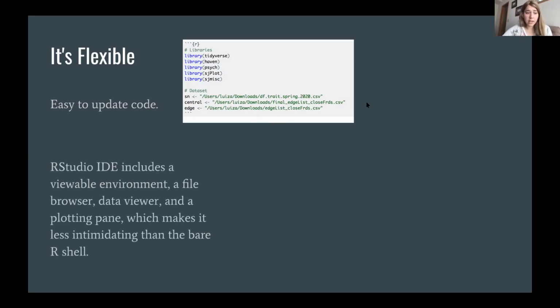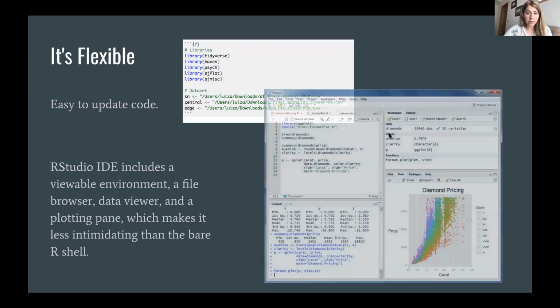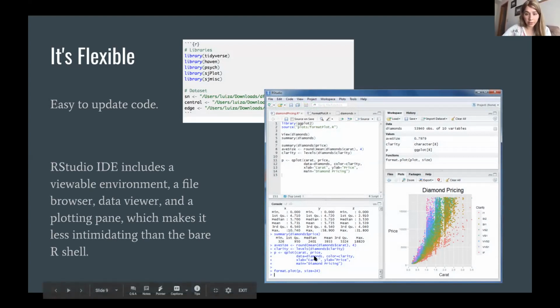The other thing is that RStudio provides this interface that allows you to integrate a lot of things at the same time, and it's much more user friendly than just typing things in a console. So this is how RStudio looks. You have this place where you can write your code. You have your console where you get the output of your code.